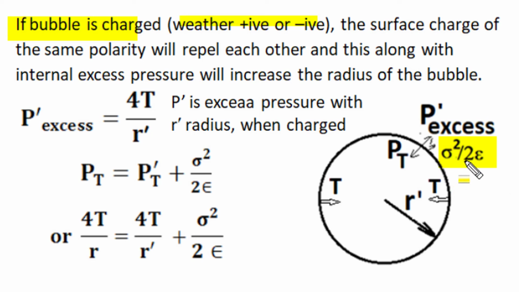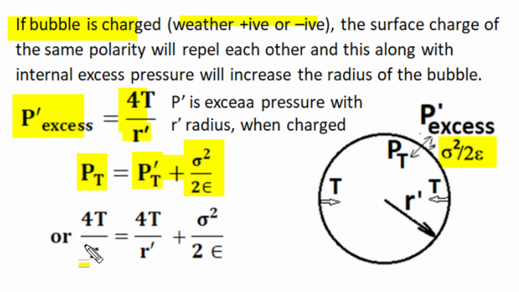Now this electrostatic outward force or pressure tries to increase the radius of the bubble. So this will increase internal volume and reduce internal pressure. So with increased radius when the bubble is charged, in terms of surface tension, the pressure difference between the reduced internal pressure of increased volume and the external pressure, the new excess pressure, becomes less than the previous excess pressure, with increased radius r dash. Or we can say the bubble in the new charged condition has excess pressure and electrostatic pressure both in the outward direction, and this becomes equal to the excess pressure on the same bubble in the previous condition.